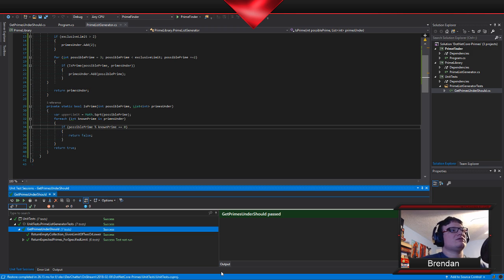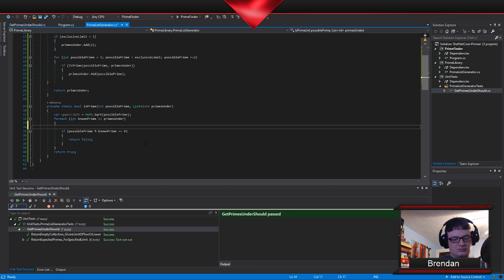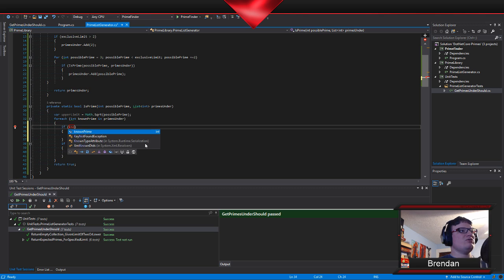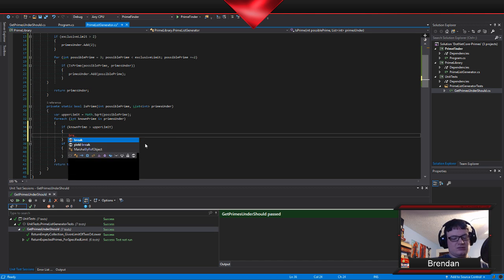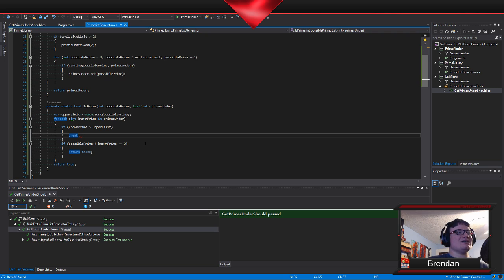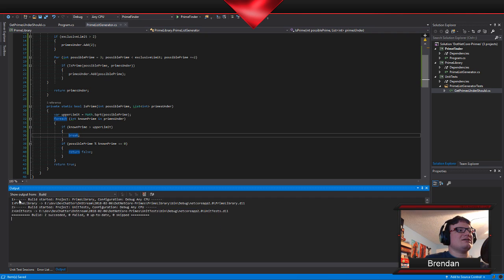So I want to say if my known prime... So I want to get out of here once we're past my number. So if known prime is greater than the upper limit, then I just want to break out of this, I think.